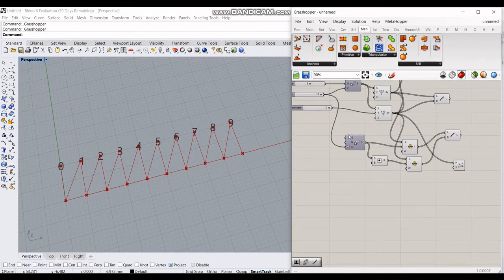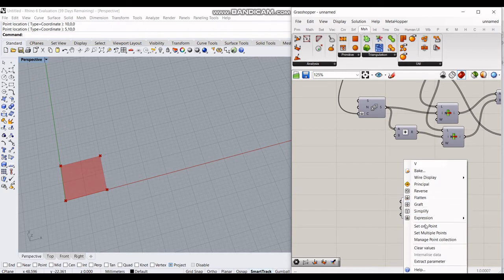I'll show how to create a basic mesh first. So this here is the construct mesh component, which is the key component to create any mesh. As you can see, this input corresponds to the vertices, this to the faces, which is represented as a list, and this is the color which we won't use much.